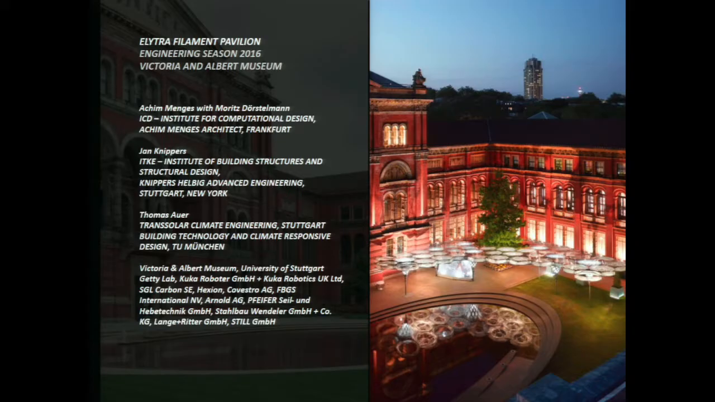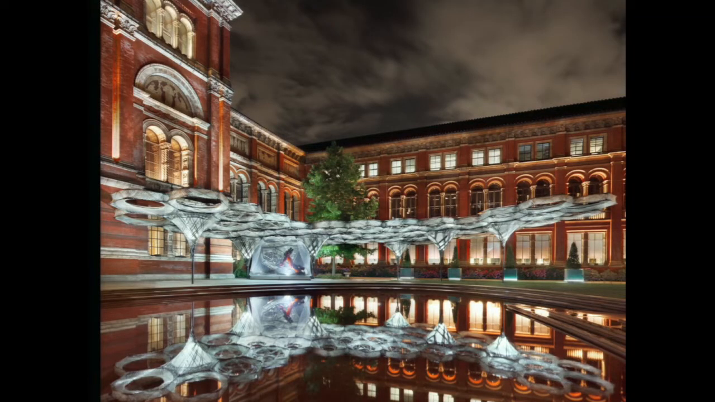The first project, along which I want to give a hint at those interesting consequences or ramifications, is a project that we completed last year for the Victoria and Albert Museum as the centerpiece of the engineering season, which is this pavilion canopy in the central courtyard of the V&A. So this is not only a showcase for a different way of thinking about the integration of design and engineering,